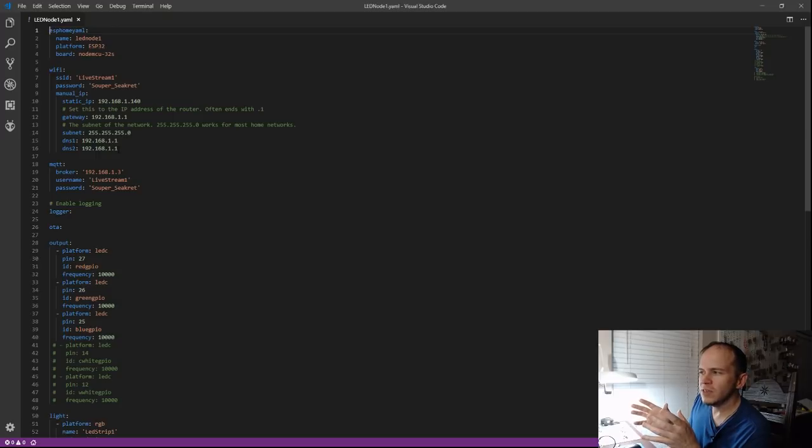So maybe Pi-hole doesn't resolve the .local addresses. Anytime I tried to flash this over OTA and it was using the name, like just LED node 1, it would say it can't connect to LED node 1 .local.